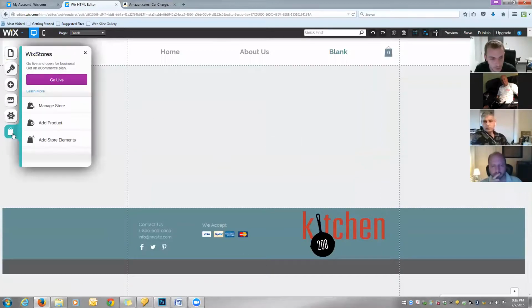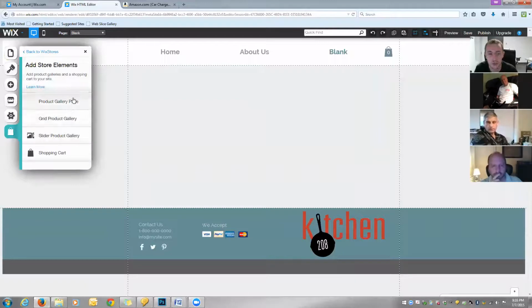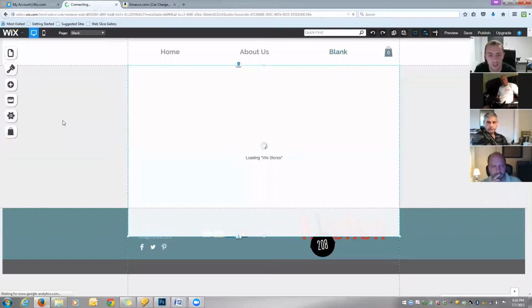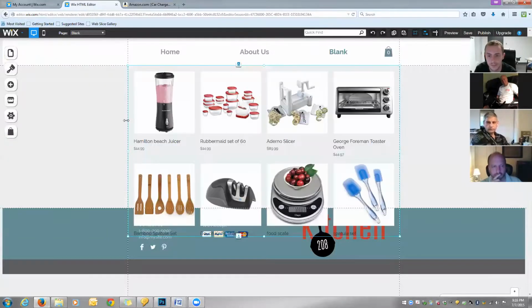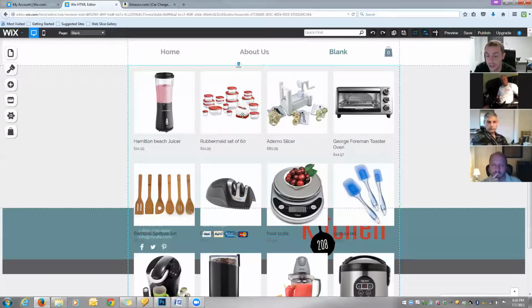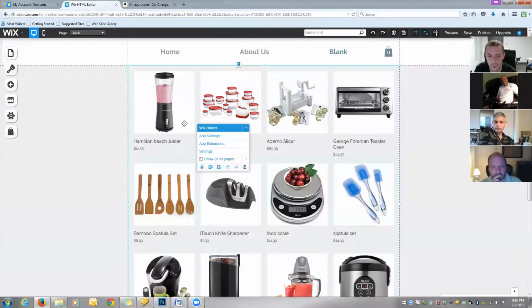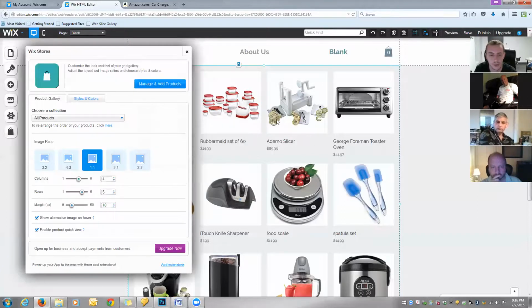So I would go to Wix Stores, and now instead of clicking Manage Store, I'm going to add store elements. Okay, and then I'm going to choose the presentation style I want for those products. So we can choose a slider or a grid or whatever. The grid is what the other part of the site was using, so we'll keep that the same here. Keep that consistent. So it just adds this, which we want to change. So I'll click the inventory that it added,